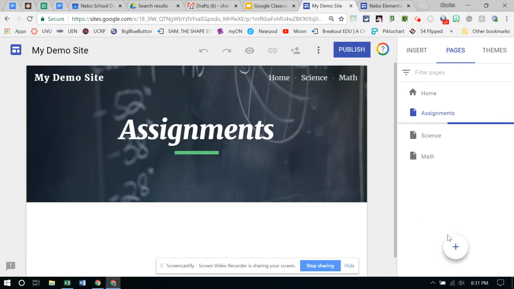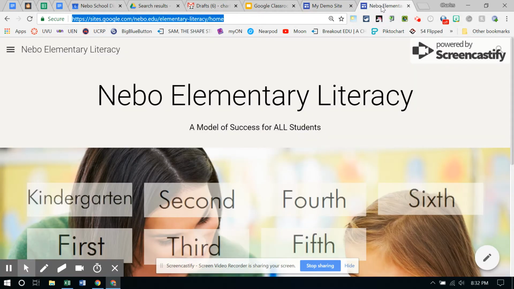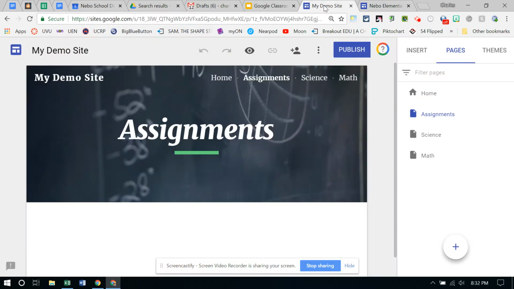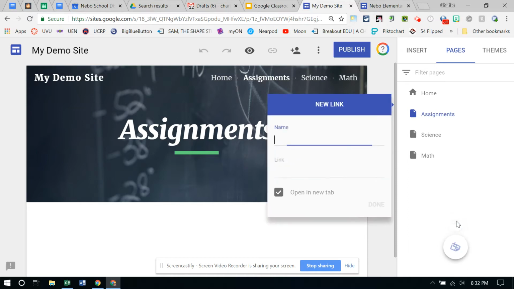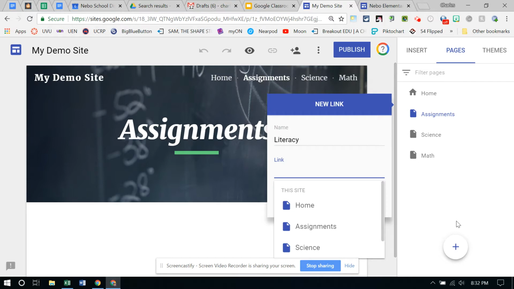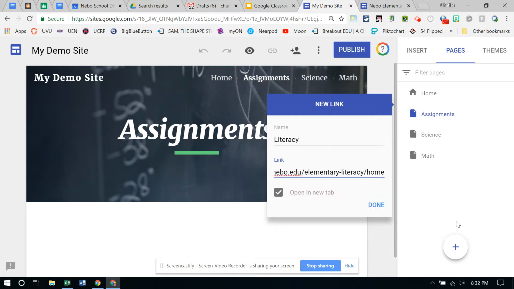But you'll also notice that when I hover over that new page button, I also have an option now to insert a link directly. So let's say I wanted my literacy link to go directly to the Nebo Elementary page. So I can Control C to highlight that URL and copy it. Come back. Let's try that out. So I'm going to hover over top of new page, come up to new link. The name is going to be literacy, and the link is going to Control V and paste in that website,